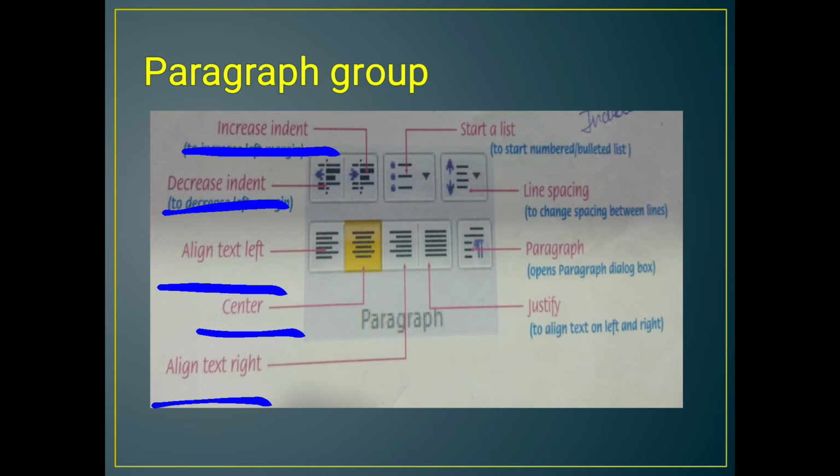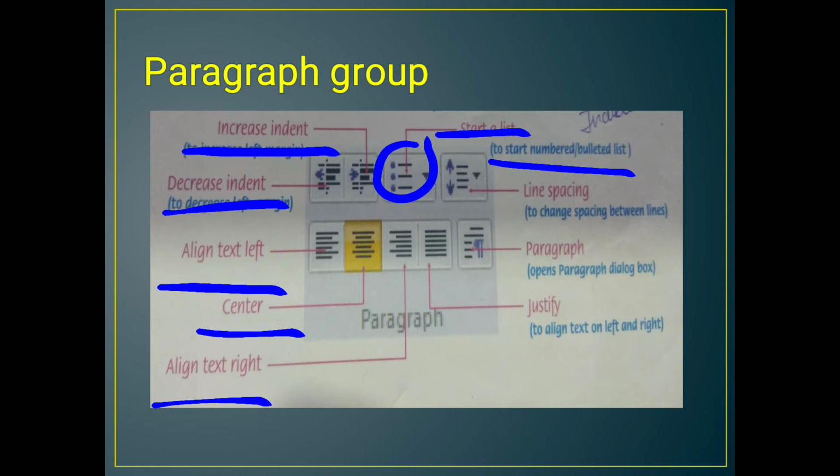Now we will see start a list. This option is used to start a numbered or bulleted list. In the WordPad menu bar on the Home tab, click the down arrow on the bullet list button, which looks like 3 dots and 3 lines. See here, 3 dots and 3 lines. This is the start list for numbered and bulleted lists. A window containing different list style options appears. Select the type of bulleted or numbered list you want to create. You can choose between a bullet, number, letter or Roman numeral.